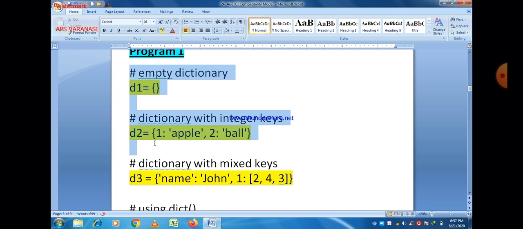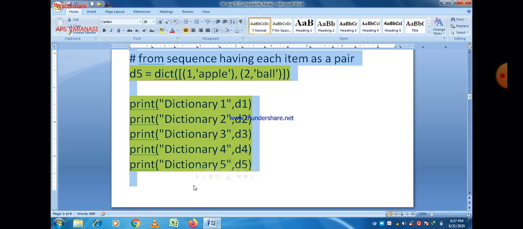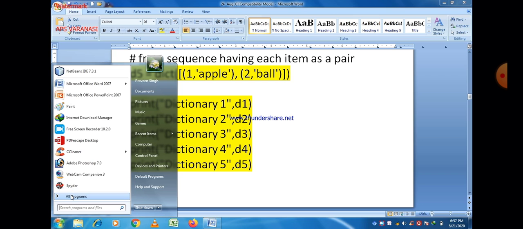And as you know, a built-in function is also used to create a tuple and a list.